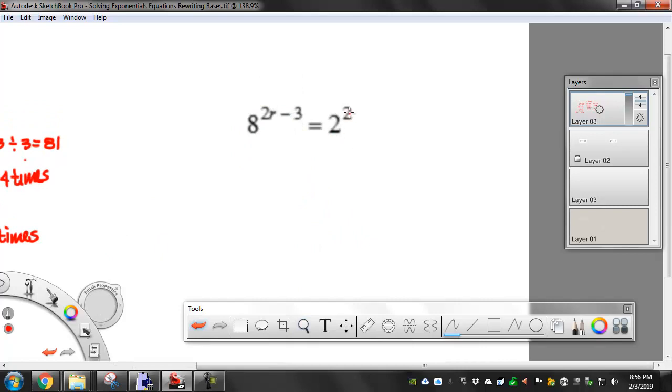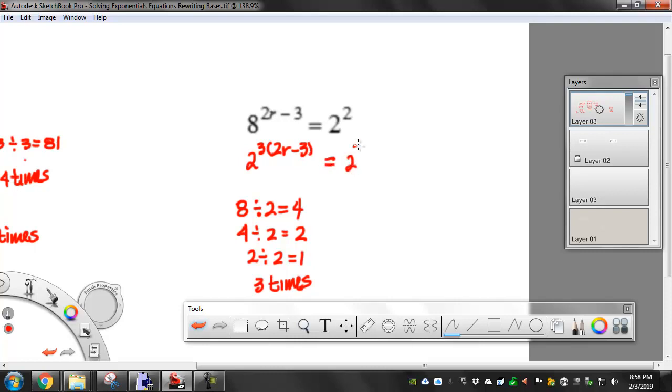Here I have a 2, which is a nice easy base. So I'm going to take this one, get this other side to be the same thing. So let's take 8. I think most of us know we're going to be dividing by 2. 4 divided by 2 equals 2, and 2 divided by 2 equals 1. So we're down to a 1, so that means I have to do this 3 times. Okay, let me go ahead and move this down a little bit so I have a little bit more room to write. Now the left hand side will be 2 raised to the 3 power, and then I'm going to have 2r minus 3, so 2r minus 3